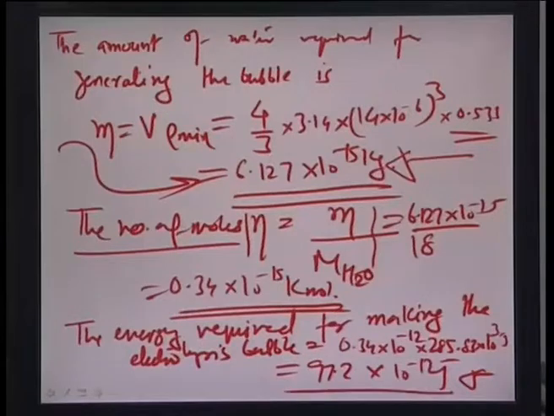So effectively this much amount of energy is needed to realize the total volume of the gas mixture in the form of an electrochemical bubble. So this is of course the electrical energy. This much energy has to be given externally through the electrodes to the water for it to be electrolyzed and